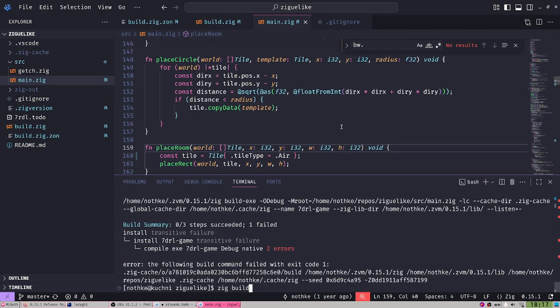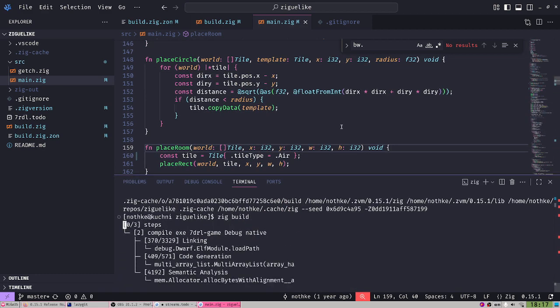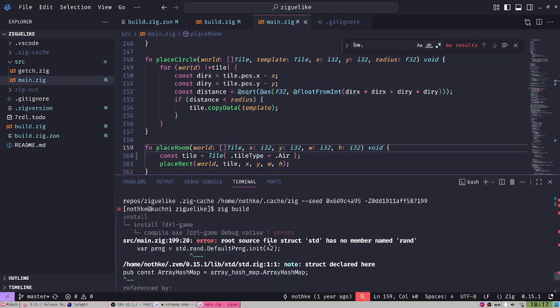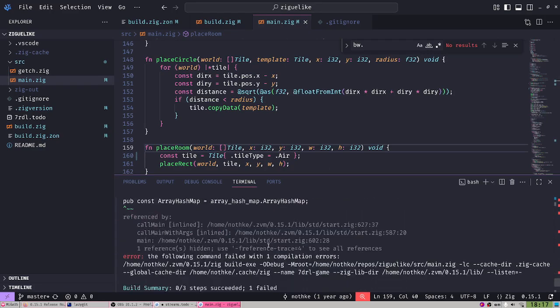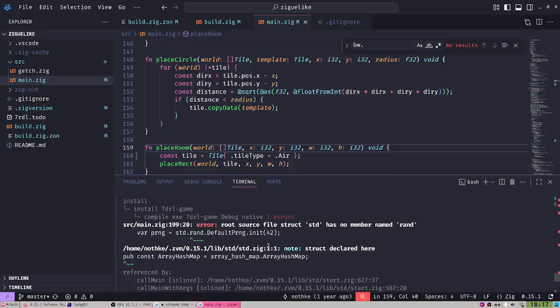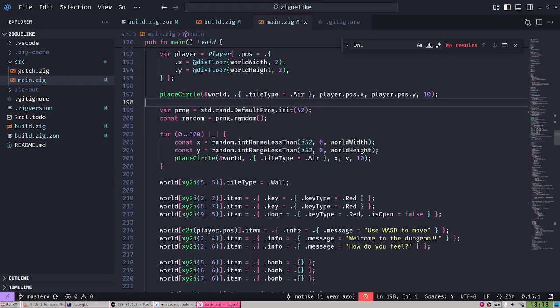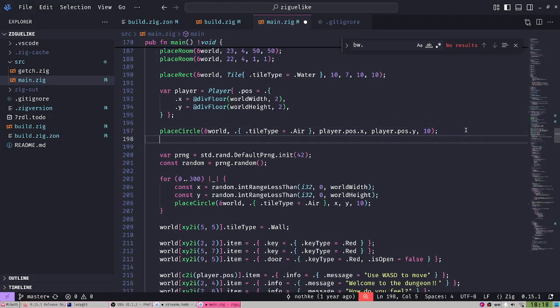So let's see if we have an issue now. Yeah, I think this is not, yeah. So we have fixed that issue. There is another, random doesn't work the same anymore. So let's see what's going on here. No rand found in std.